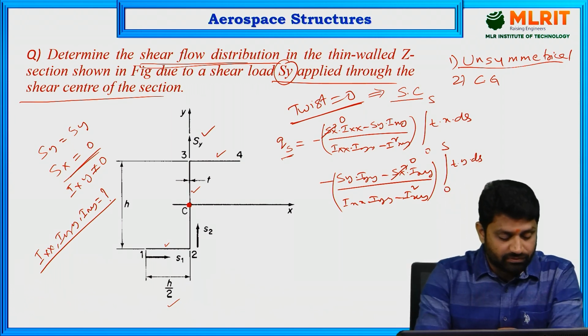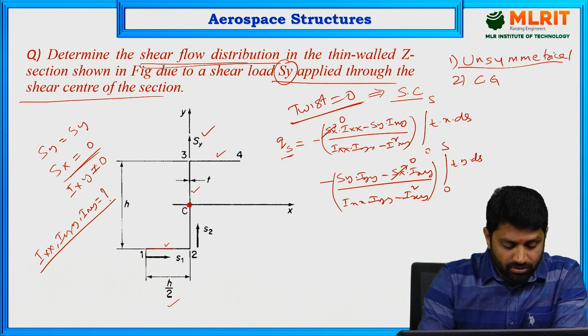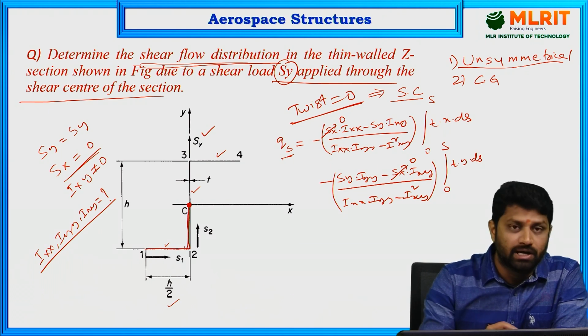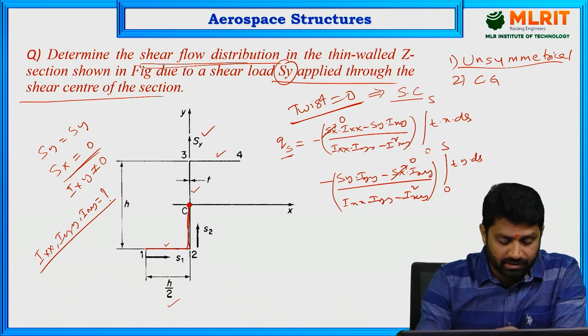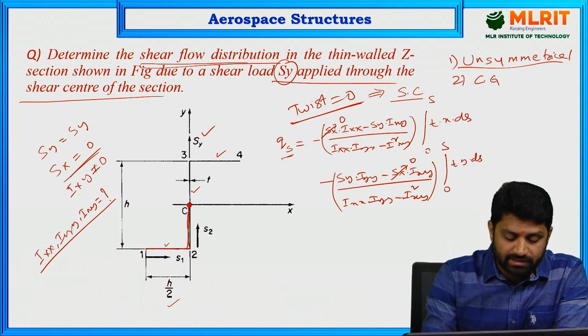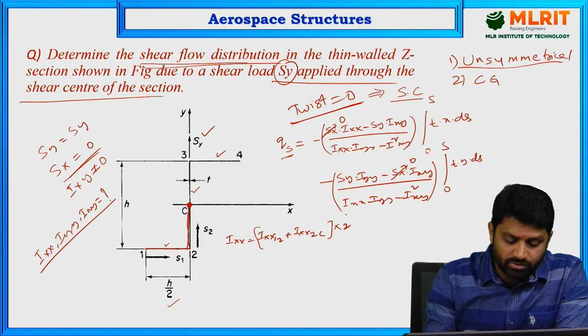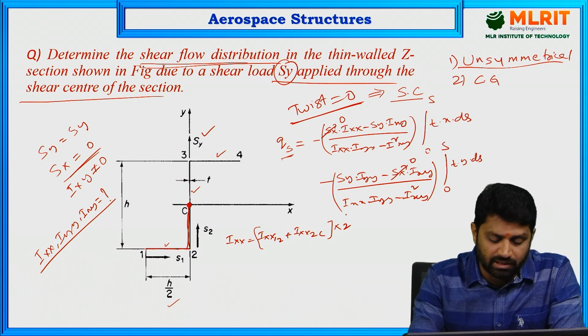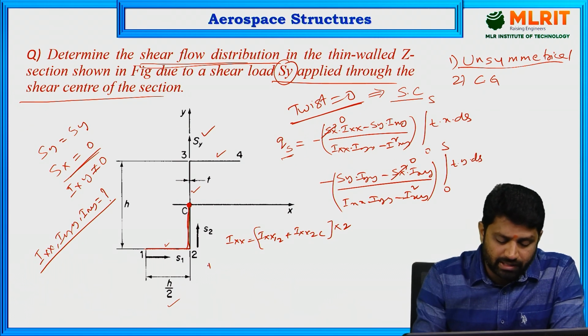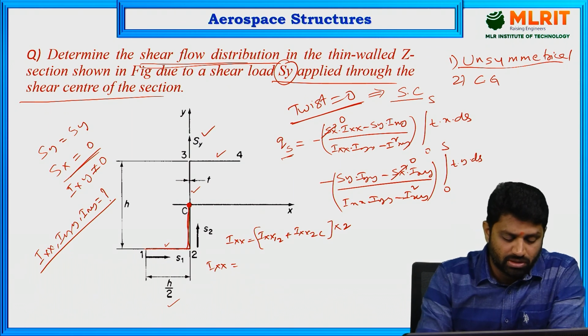So for analysis, what we are doing here is we are trying to find out two elements, that is 1 to 2 and 2 to C, and we are going to try to find out Ixx for this. So as you've seen, Ixx is the combination of Ixx 1 2 plus Ixx 2C, and which should be multiplied by 2 because you have another upper half of the section which is symmetrical. So Ixx equals to, for Ixx 1 2,